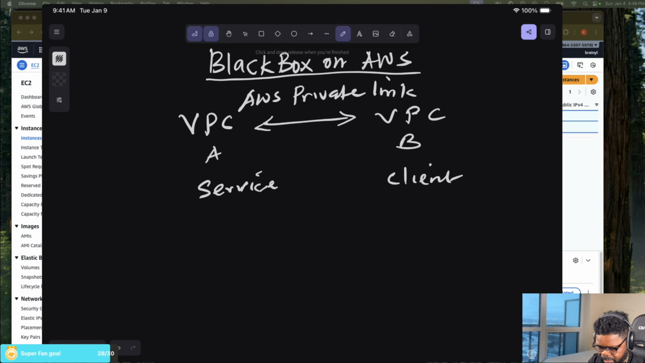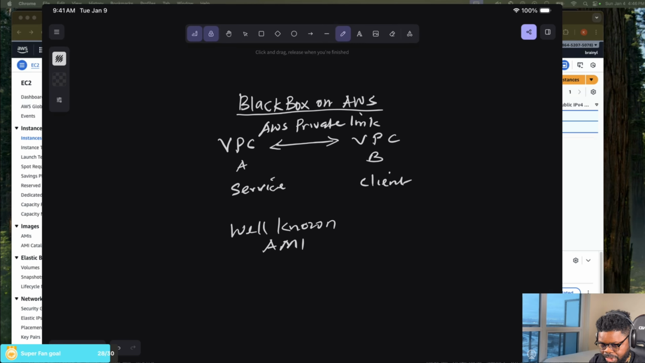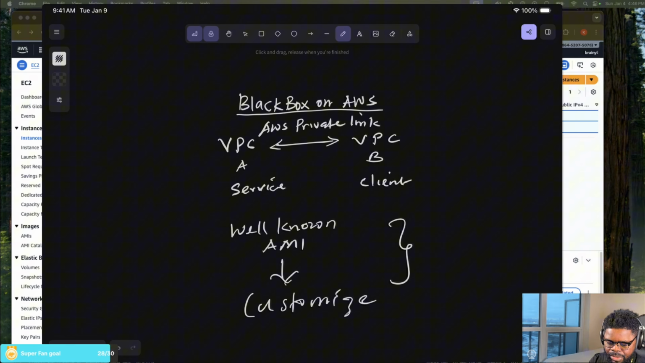So we'll take a well-known AMI. And then what we are going to do is we will customize it. There are many ways we can do this, right? So we'll take a well-known AMI, we'll customize it, and there are many ways we can do it. But in this particular demo, I'm just going to use a public